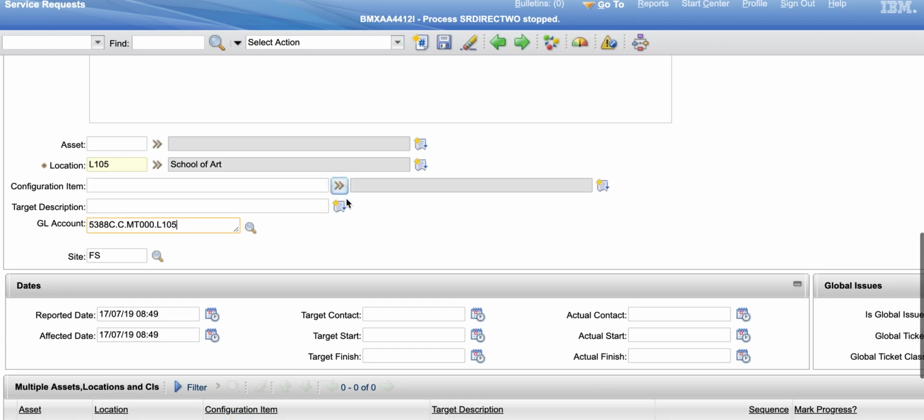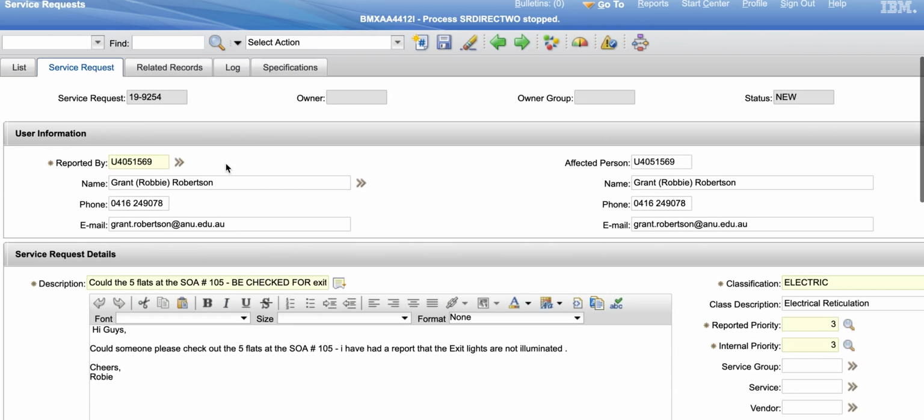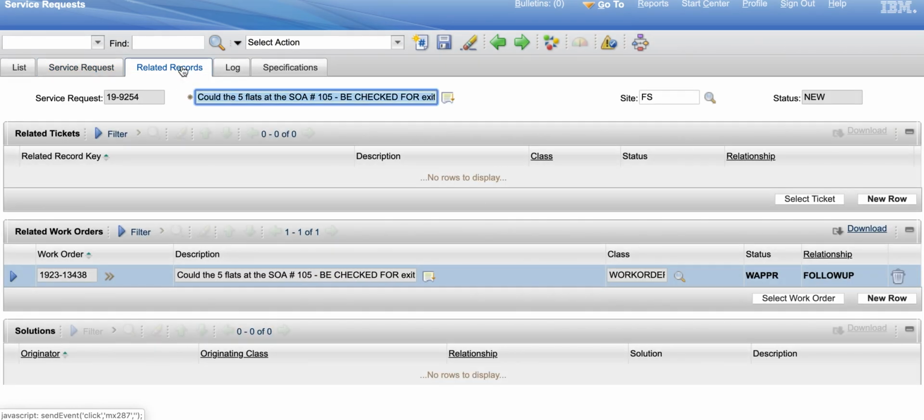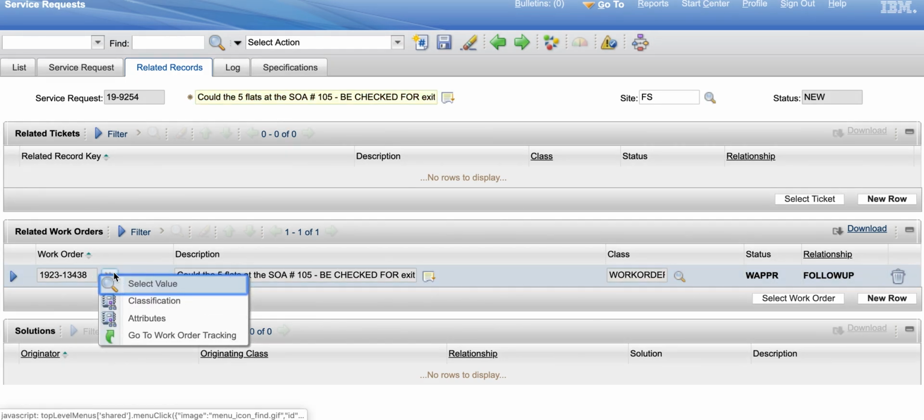Then you will go up to the top of the screen again. You will go over to this column here where it says related records. You will click on related records. You will then go down, and as you can see, the service request, which was up the top, 19-9254, is now created into a work order and is now 1923-13438. Then what you do is you go to the detail menu, you press on the arrow, you go down,